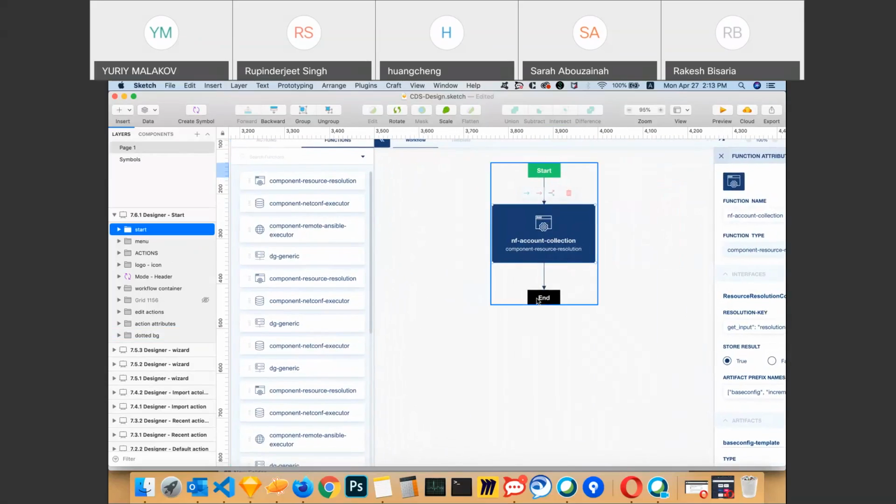And the endpoint will appear once we add the first function, and the flow menu,